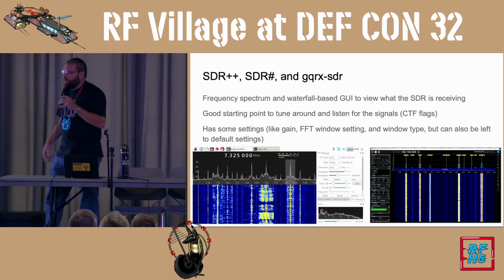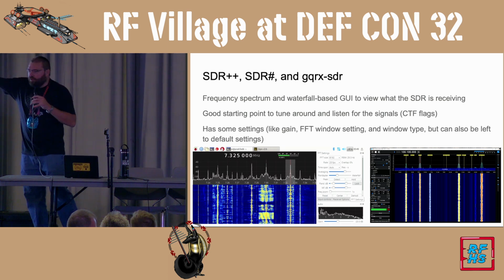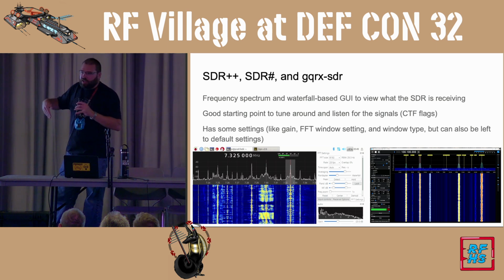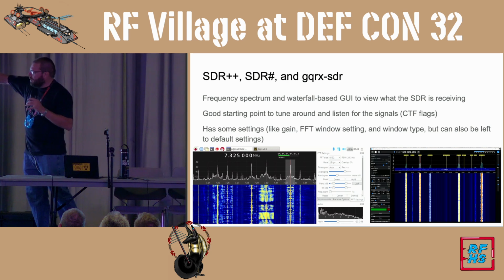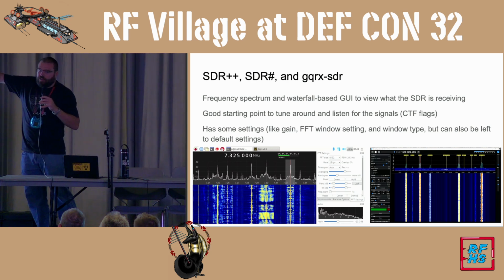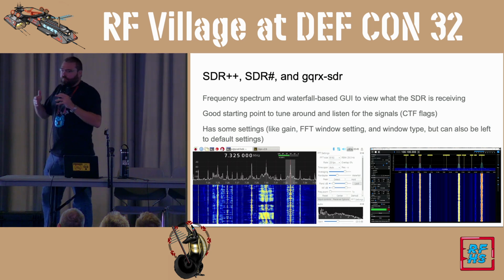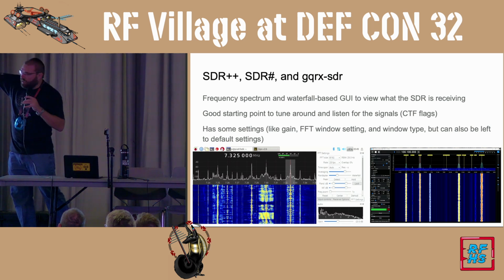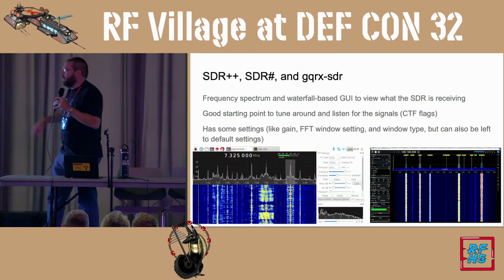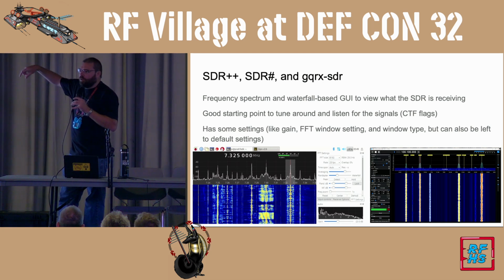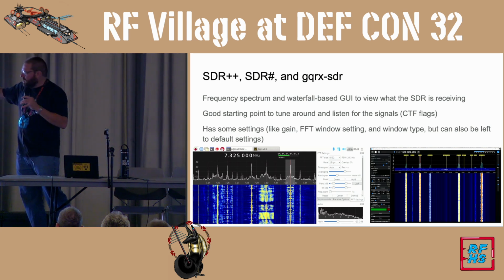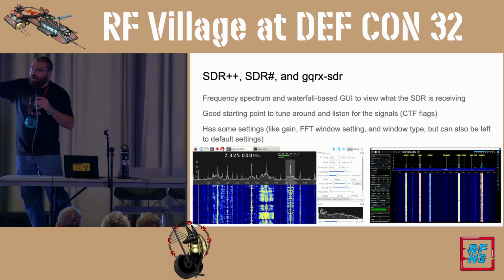What the waterfall does, the spectrum of course is showing you the power. If you look at that window, remember that sample rate, kilosamples or megasamples per second, that corresponds to how wide you can look. So a better SDR, the HackRF, is going to give you a 20 megahertz wide window, versus an RTL SDR, where you might only have 2 or 3 megahertz wide to look at. So again, that's how a lot of that correlates back to that chart that I showed you a couple slides ago.